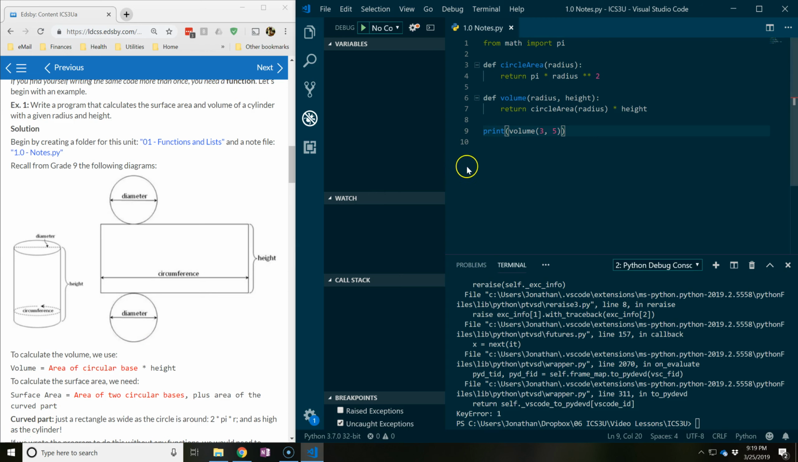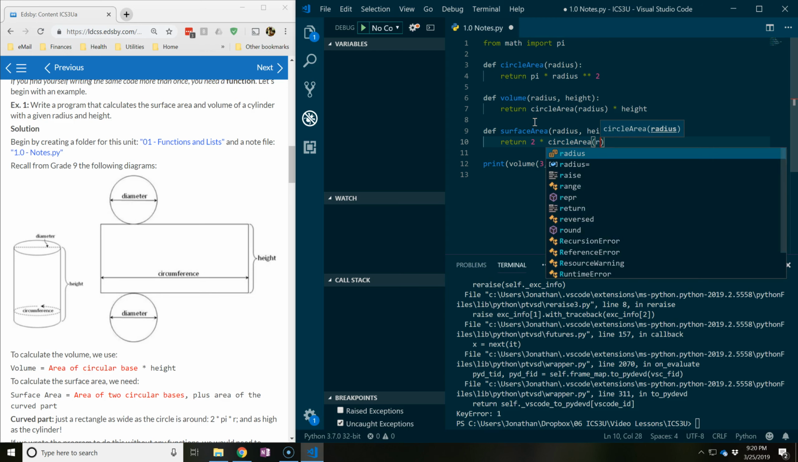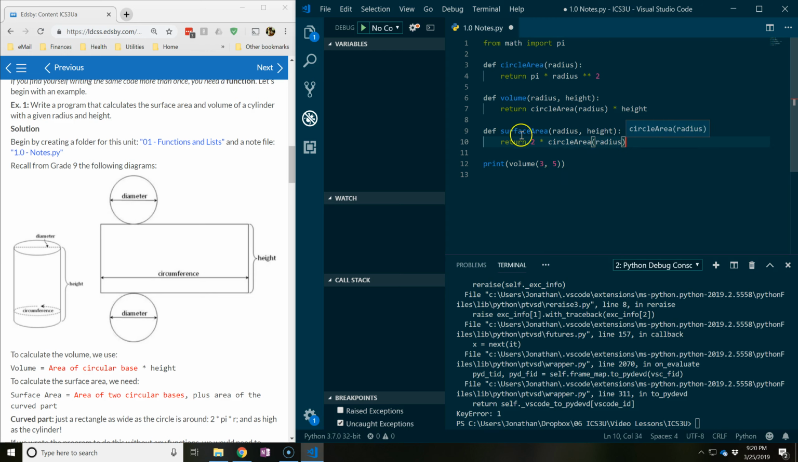Okay, so hopefully you gave that a shot. So here's how it's done. So we'll define surface area, and of course we still need a radius and a height to do this, right? And in our function body, we want to return this time basically 3 things, right? We want to return 2 times the circle area, the radius, right? So the 2 circles of radius,